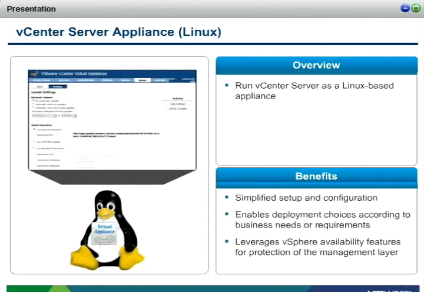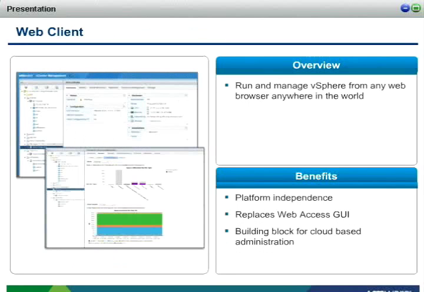But we really think that this provides a great way forward for providing a lot of flexibility in the environment. You always want to give choice, and we're trying to do that from this particular perspective. Along those same lines, when you talk about choice, the web client that we have for vSphere and the interaction with vCenter Server itself, more specifically, we're now allowing this web client to give a browser from any browser in the world. You could go ahead and access